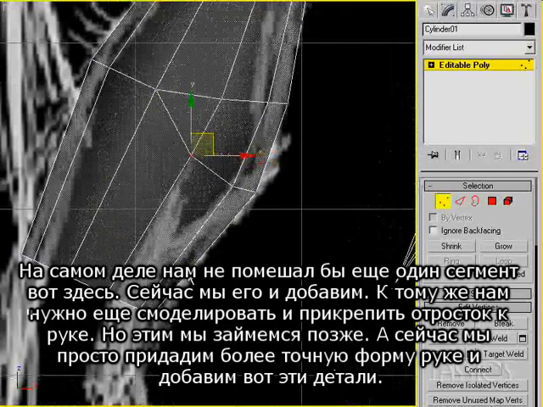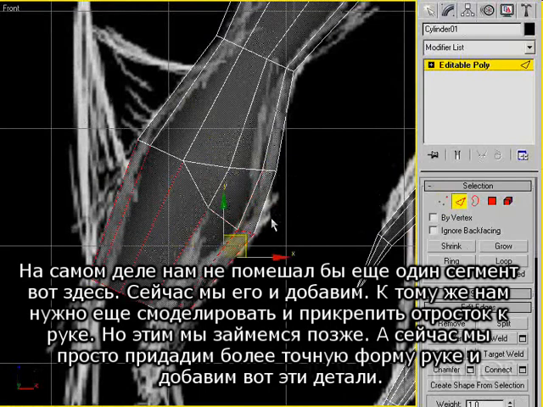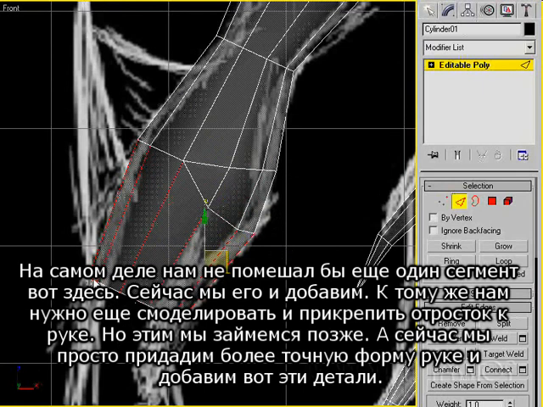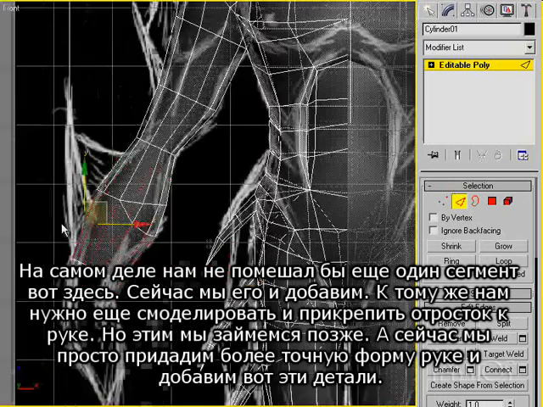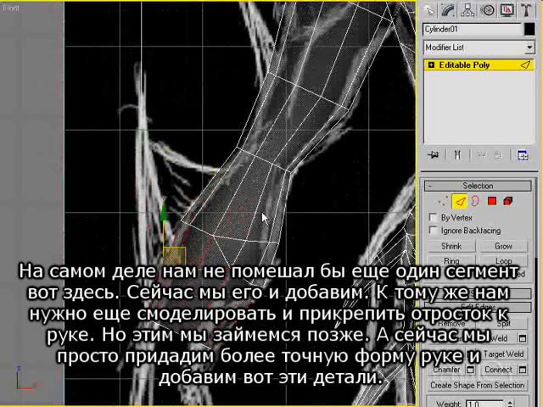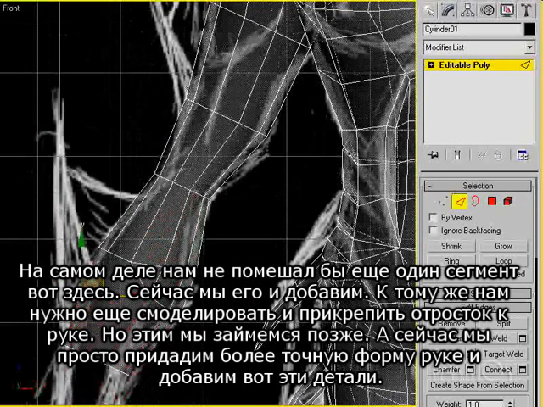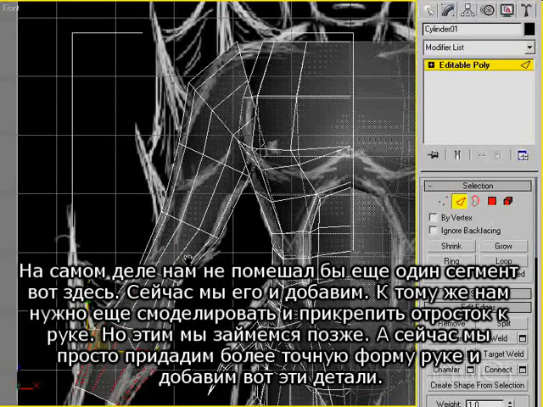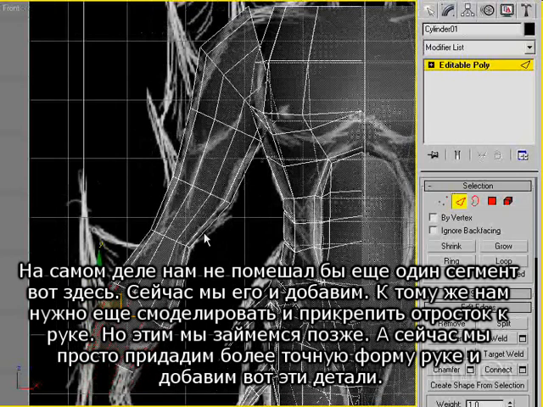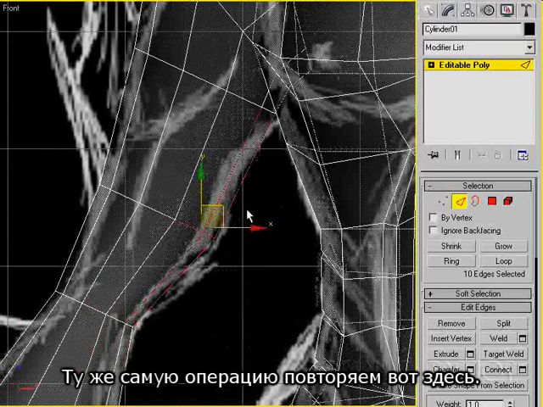Actually, we could use one more segment over here, and either way we were gonna add over here because we have another fin over here, so we'll be chamfering our vertices just like we did with these steps over here for this arm. But I'll skip that for now and generally get the whole proper mesh flow for the arm, and later I'll be adding these details. Okay, so we'll be needing the same thing over here,